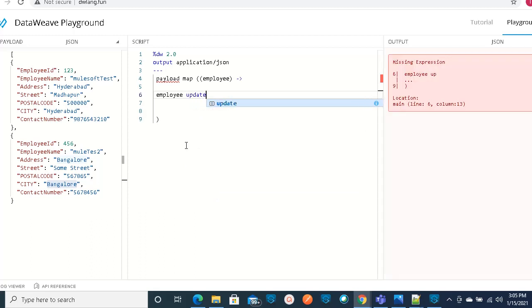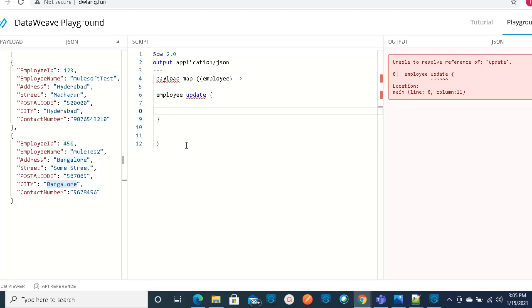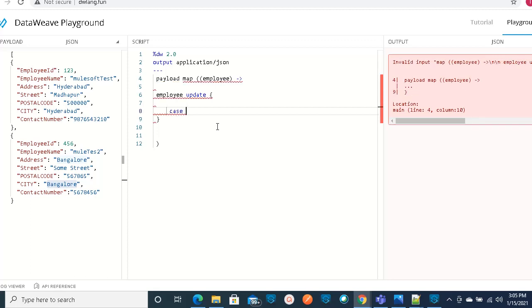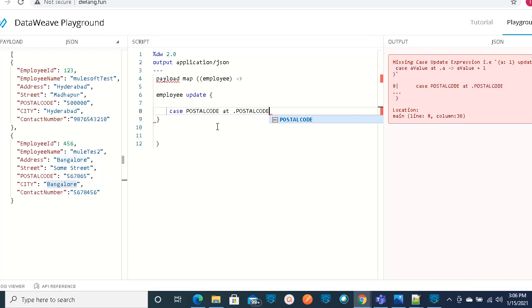So you need to use the update keyword here, and inside that you can write as many case conditions as your requirement needs. In my example, I would like to update only 2 fields, so I can expect only 2 case conditions here. So case postal code, and here I am going to use an if condition.